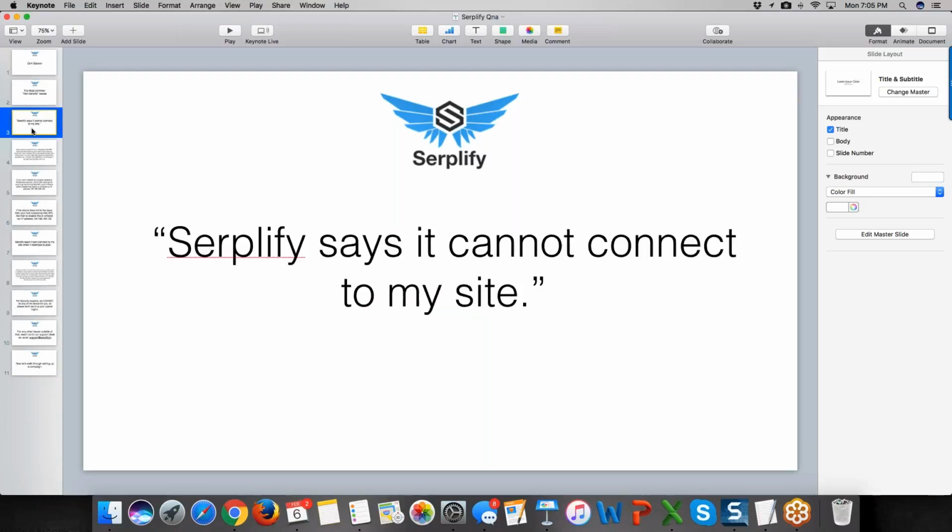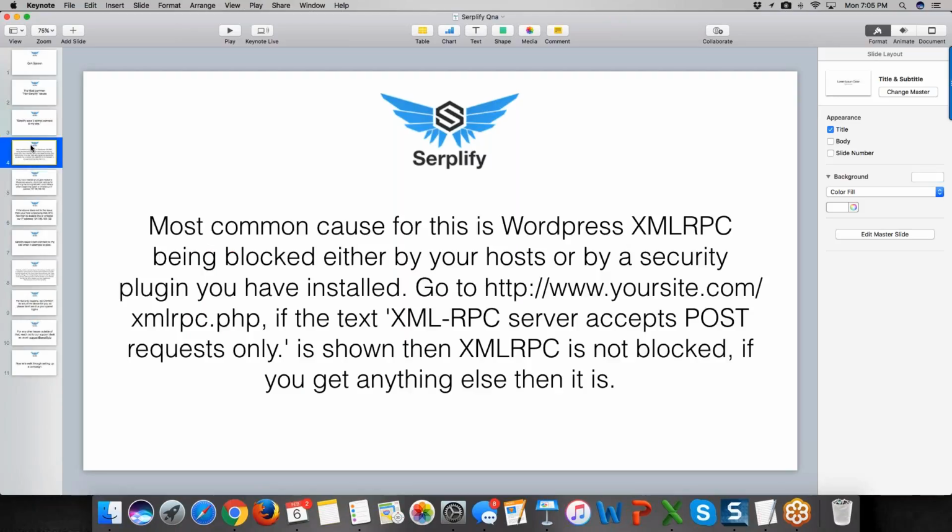The biggest issue that we're seeing is Serplify says that it cannot connect to your site, okay? And if Serplify can't connect to your site, then it can't create campaigns, it can't create users, it can't post content. So the first thing is to make sure that everything is clear so that Serplify can connect to your site, okay? The most common cause for this is WordPress